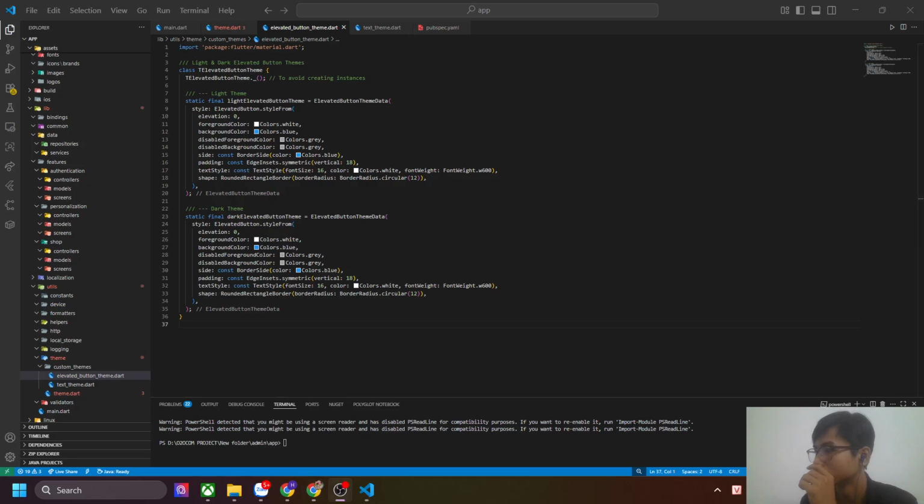In here, the name of the class is T elevated button theme. The same way we have created text theme. So again, we have two type of instances over here. The first one for the light and second one for the dark. For the light mode,